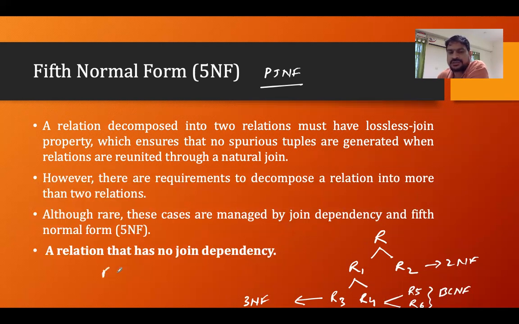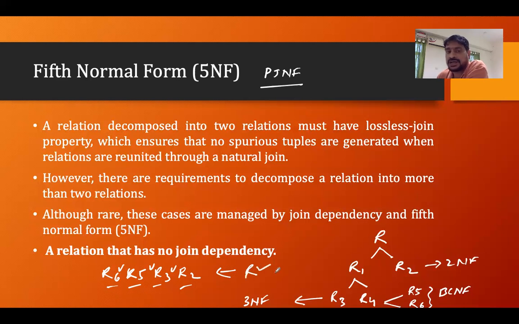Assume that. So how many splittings will there be? R is divided into R1, R2. Then R1 is divided into R3, R4. Then R4 is divided into R5 and R6. So how many relations are there at last? We have R6, R5, then we have R3, and then we have R2. So these are the split tables we have. So R is divided into R6, R5, R3, R2, right? At the very last, when I do a union of all those, R6, R5, R3, R2, I should get R.